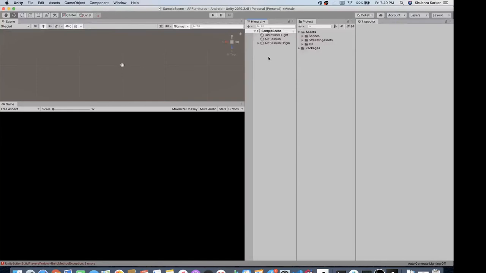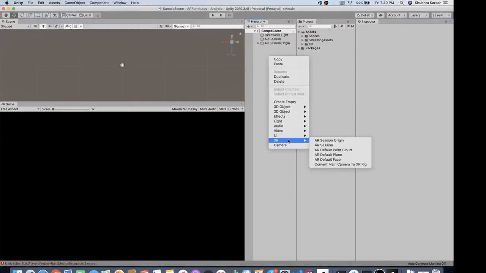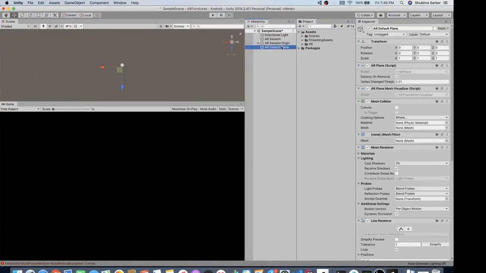To do that, we first need to create a plane object of the XR, and you'll see that all the stuff I talked about just now sounds so complicated, right? But AR Foundation has made it so simple, and we can just do it with a bunch of clicks. So first of all, we need to create a default plane. So I'm just going to create a plane. I am going to call it AR plane,